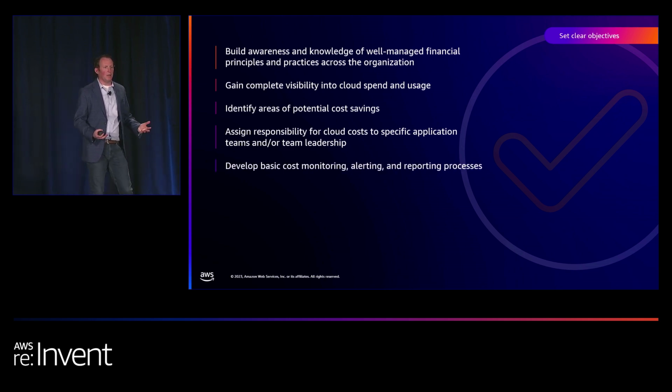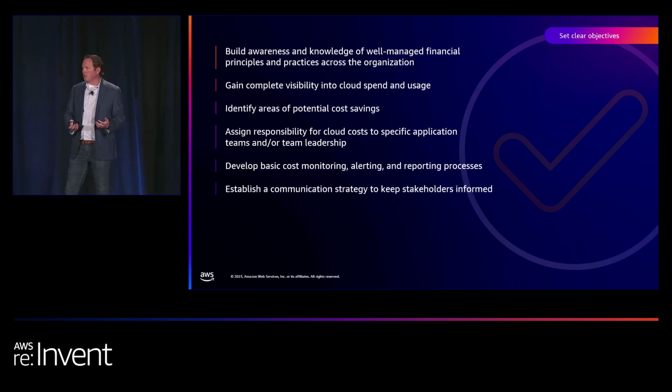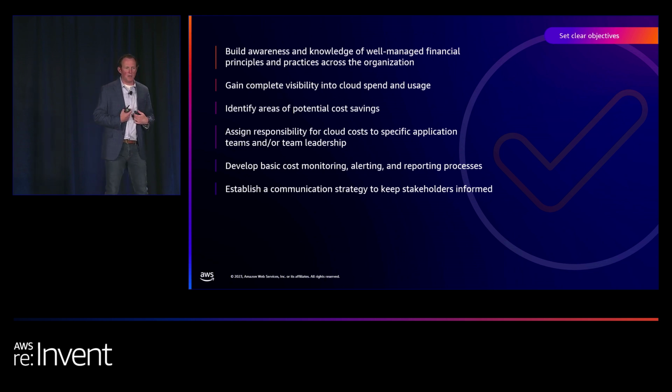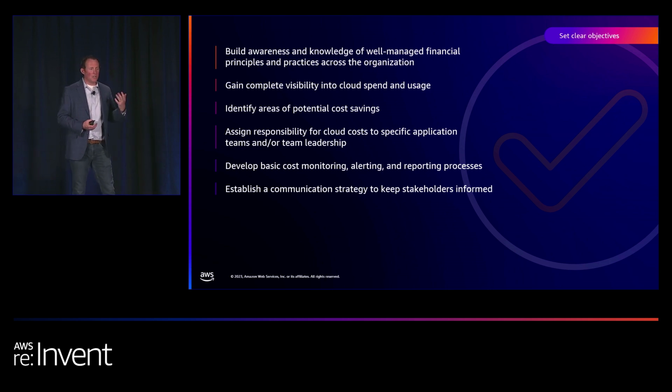Reporting and alerting is a big element, so you need to have a clear objective tied to that, as well as a communication strategy. This is probably one of the biggest gaps I see in FinOps teams. Not to bring myself down, but finance people tend to not be the best at communicating elements. Software engineers, you can make your own assessment if you fall into that category or not. But leaning on experts and being really deliberate around a communication strategy so you can celebrate the wins.